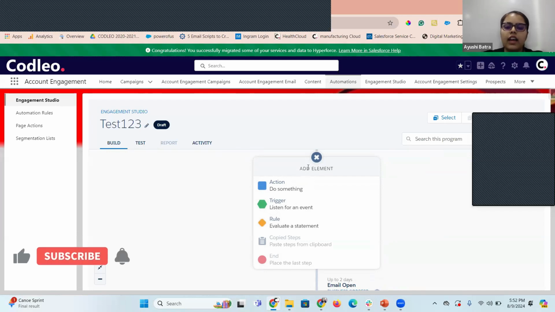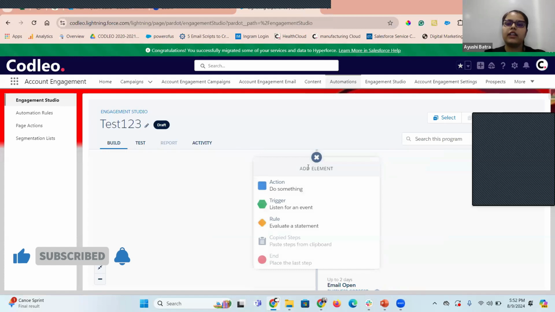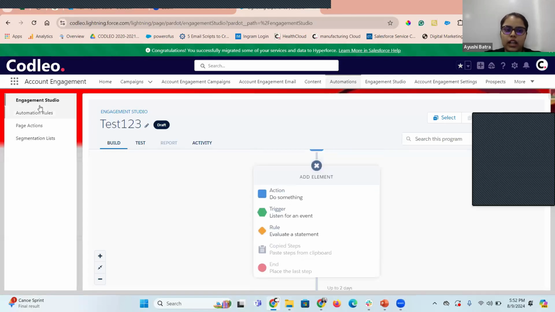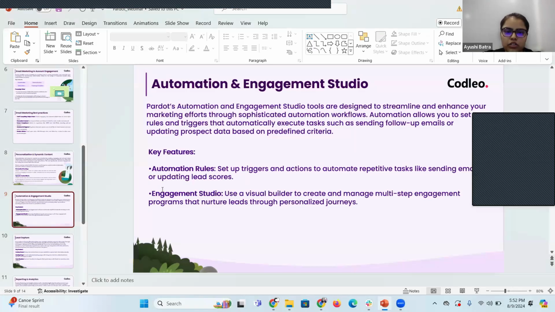You can create as many as you like, but the maximum number of steps that we can create in Pardot is 300. More than that, it won't allow you. But yes, you can simply create your journeys based on your users' behavior. So that's how you can utilize the engagement studio feature and the automation rules.